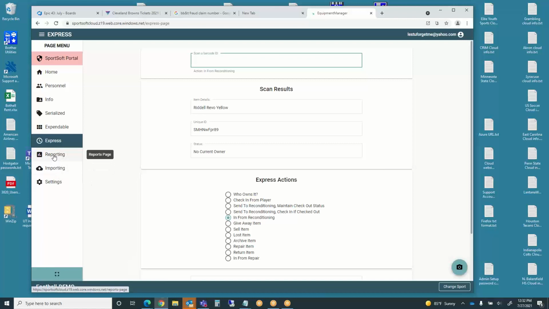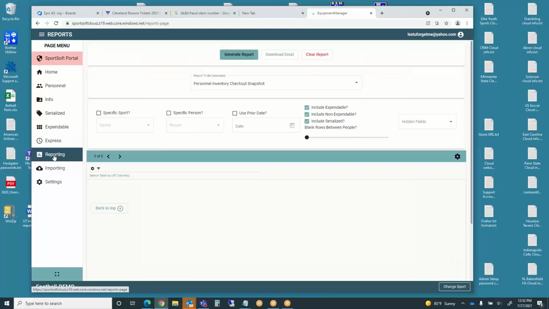So that being said, at this point I just want to go to reporting and touch on that here. For example, if you want a report on an individual, like I showed you up there on the checkout page for you, I can do that at that point in time. But if I want an inventory,